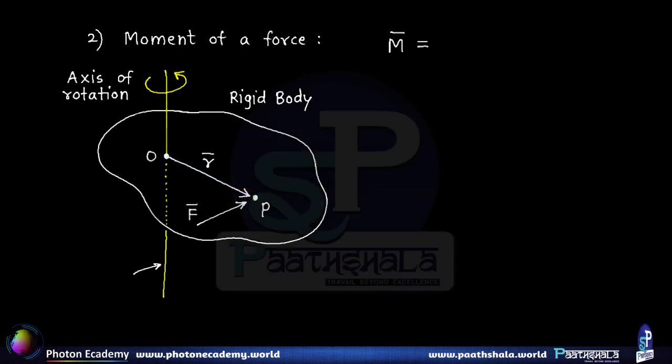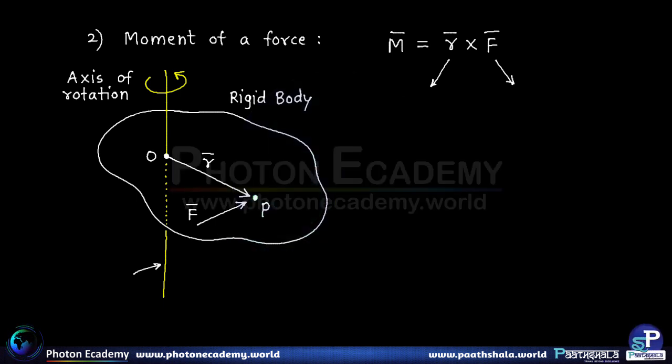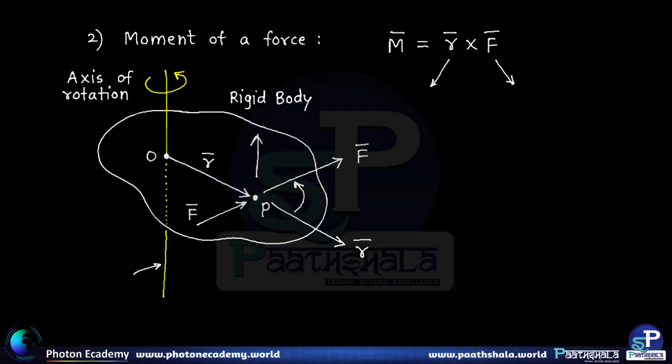and that is given by the cross product of r bar and f bar, okay? This r bar we can call the radius vector, and f bar we know is the force vector, the force being applied at point P, okay? Now here r bar can be denoted as here, we can extend it, whereas f bar can also be denoted in this manner, so that when we take the cross product by the right hand thumb rule, the cross product will point in the upward direction, correct? That is basically the direction of the moment of this particular force.